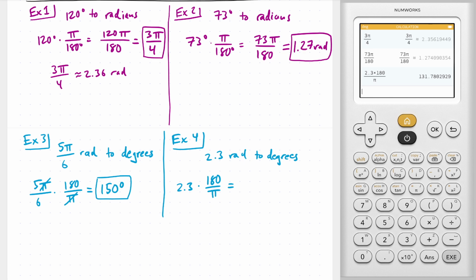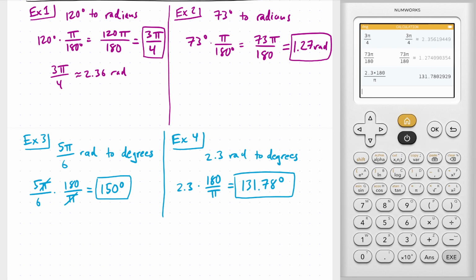So more of a decimal. The previous one comes out nice and even. And this one will be a decimal approximation. It's not an exact value. 131.78 degrees. Okay. Now I want to do one more example, which has to do with the idea of arc